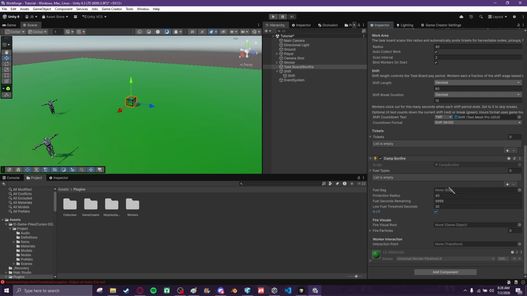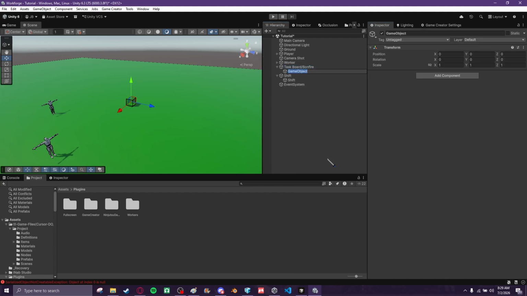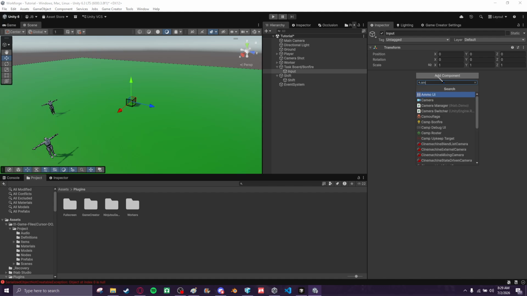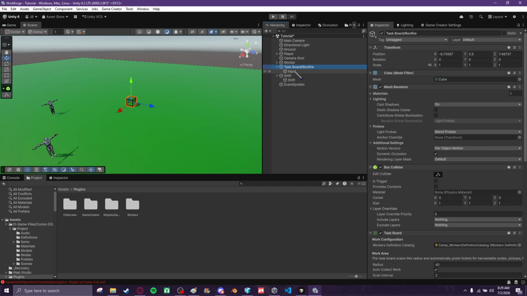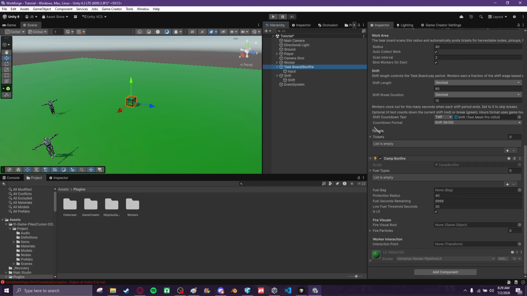For this example, we don't really need a bag or anything like that for it, but just for example's sake, we're going to add a child object called input, and then we're going to add a smart container, and that should automatically add a bag component to the input. So then what we'll do is come over and drag input over to the bag,